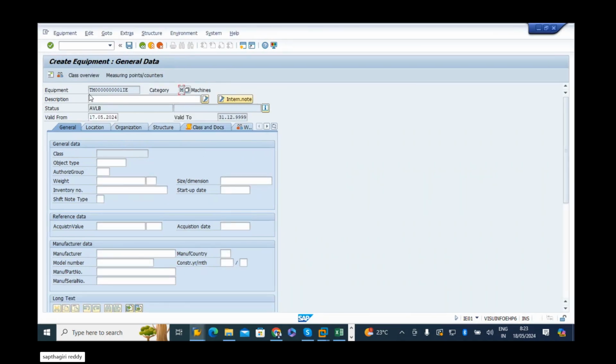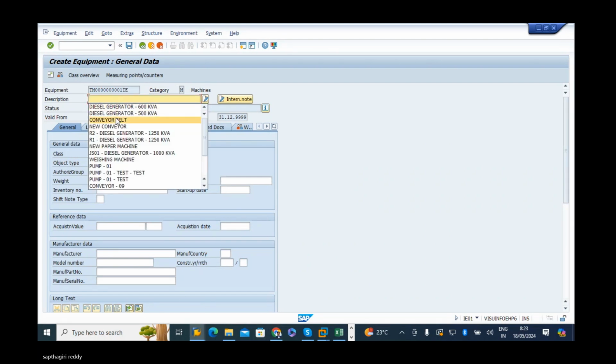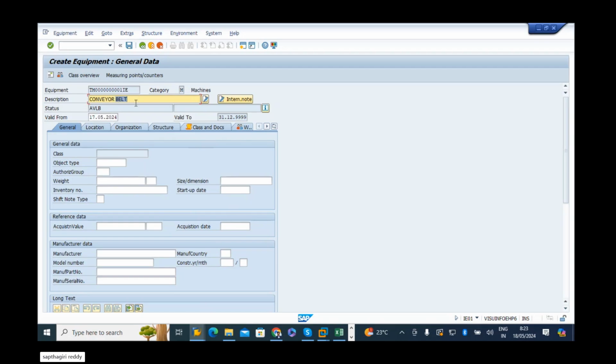So coming back, it's easy for you to remember the functional location and equipment tabs. In general, you can mention class. There is a separate topic we will discuss at that time. Now, what is an object type? Of course, it is an individual object. We have seen that, so you have to give that. So I'll go and mention, first of all,